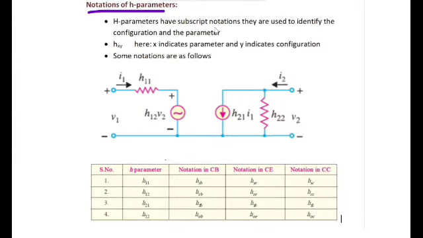We have seen all about h parameters and how they are derived and why they are called h parameters, and now we are going to learn about the notations of h parameters and how we will write them. H parameters are written with a script h letter, and the parameter, regarding which parameter it is, is written in the subscript, and we can see this.